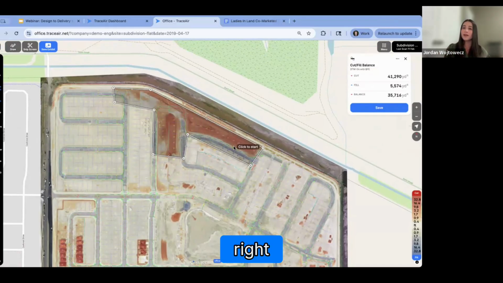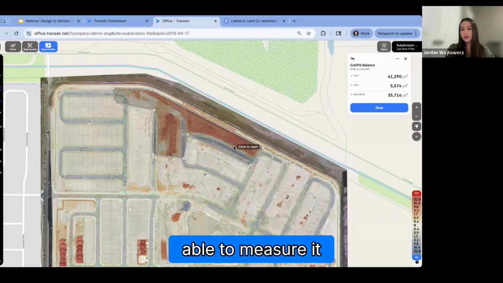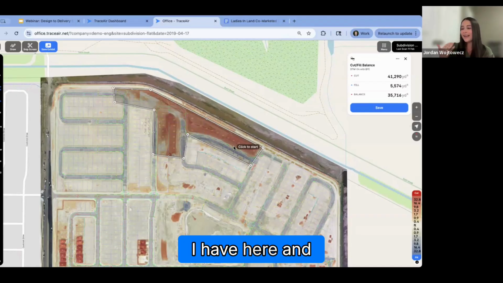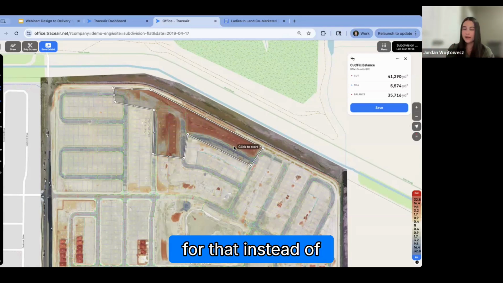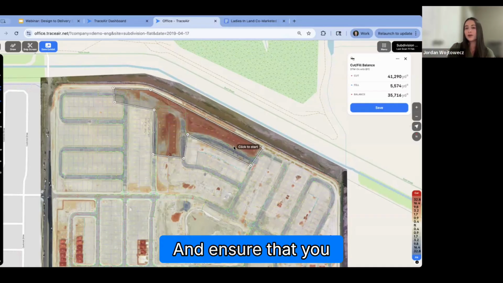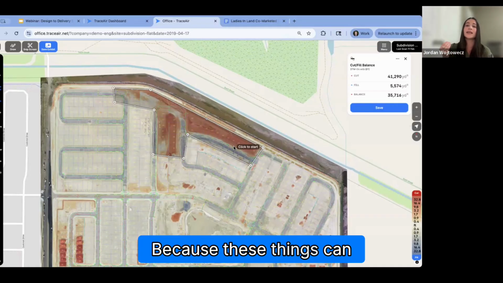If so, let's find a different home for it so we can balance it. There are times, right, where you might run into spoils where you cannot use that dirt. It's important to be able to measure it so that you can get ahead and know, okay, if this is the approximate cubic yards of dirt I have here, and this is what the rate is going for in terms of hauling it off, I can accurately budget for that instead of being surprised down the road, right? And ensure that you are getting billed correctly, right? Because these things can add up